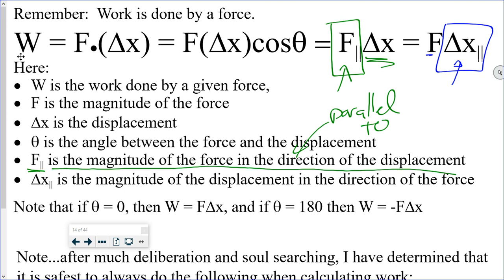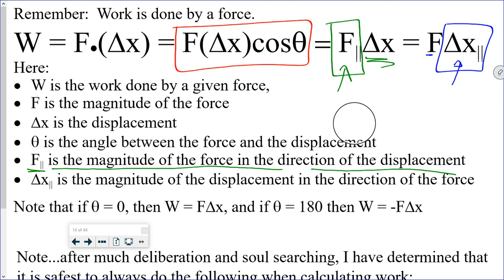So, which of these methods works best? I wanted to show you all of these, because if you go out and take a college physics class, my guess is your professor will probably just give you this and say, there you go, solve it. But after a lot of deliberation, I used to work really hard to make sure my students understood all three of these methods. But I've realized that I think that's a battle not worth having,